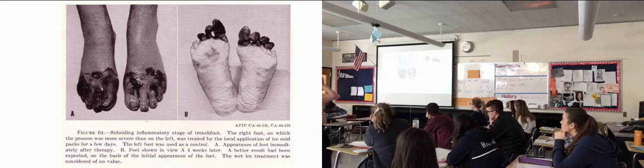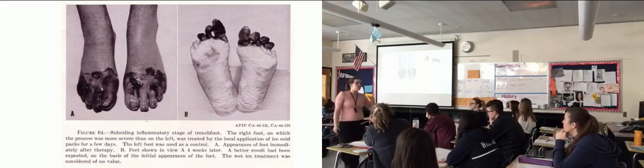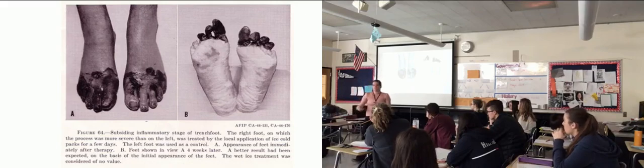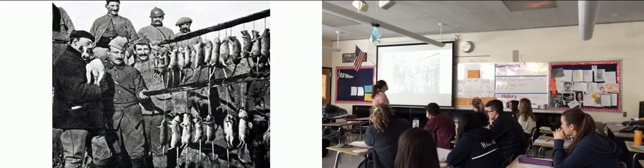Frostbite, again, as you can see right here, was one of the more common things, especially when winter hit, because if you don't know, European winters are extremely cold. People began to lose their feeling in their feet, and they would have to get either their feet amputated or their legs amputated.